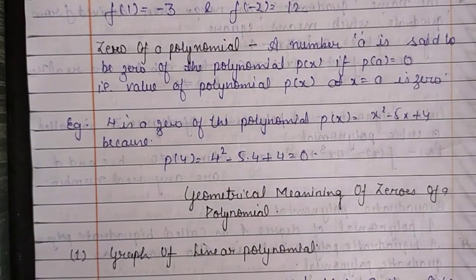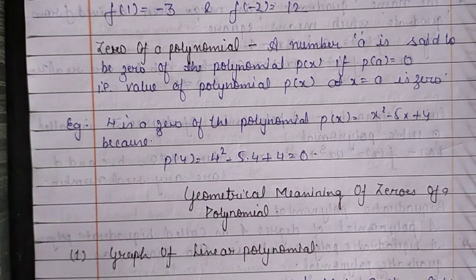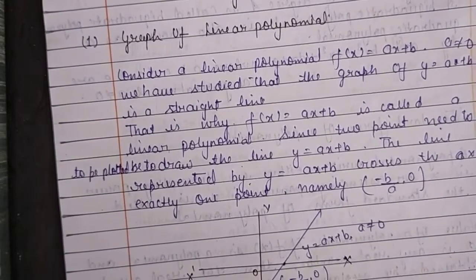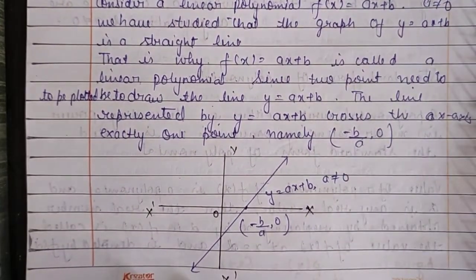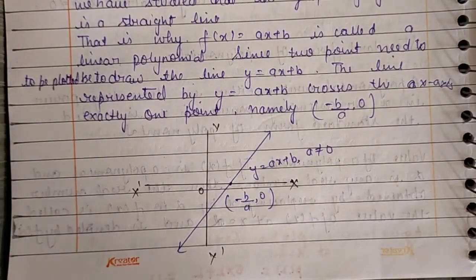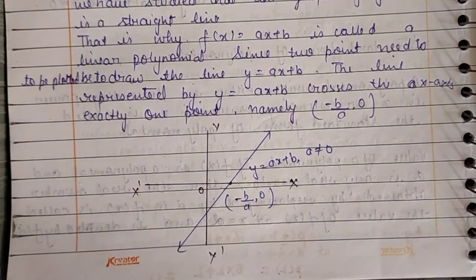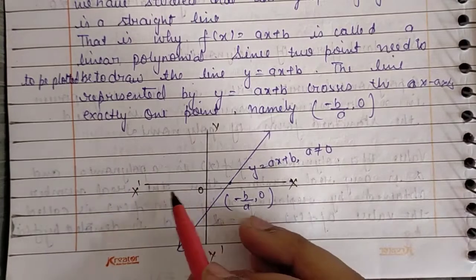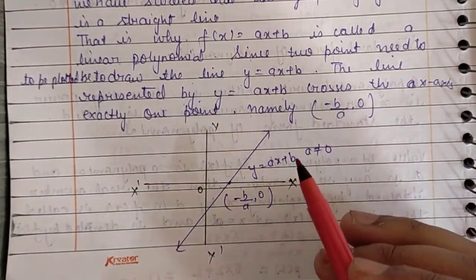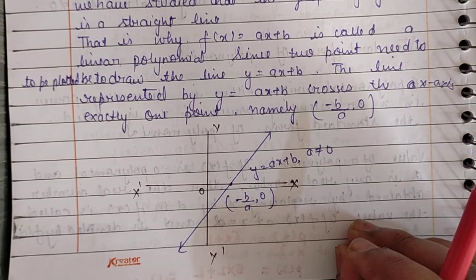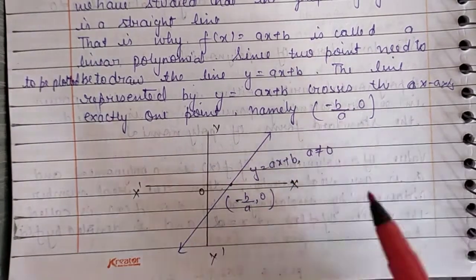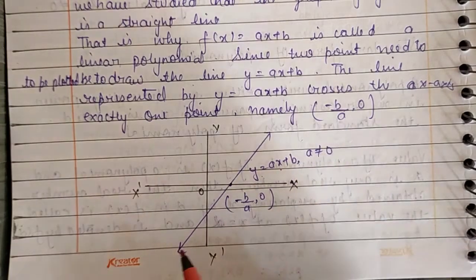Now these are two different terms, the value of a polynomial and the zero of a polynomial, and we are learning them through a diagram. What do the value of a polynomial and the zero of a polynomial really mean? As I told you, maths is all about language. The different ways of learning maths are number, variable, diagram and word problem. The variable can also be represented as a diagram, so we take an x-axis and y-axis. If I take a linear equation, linear equations form a straight line. Suppose this one is a straight line, y = ax + b, where a is not equal to 0. Now what is the